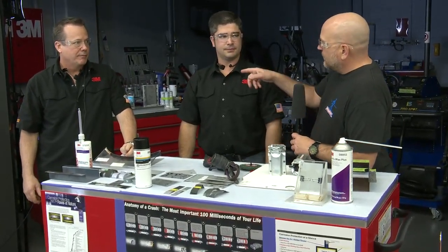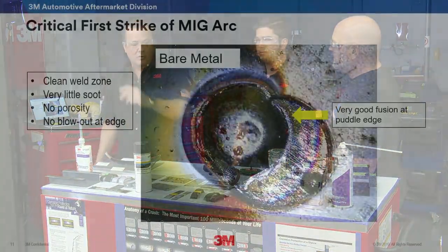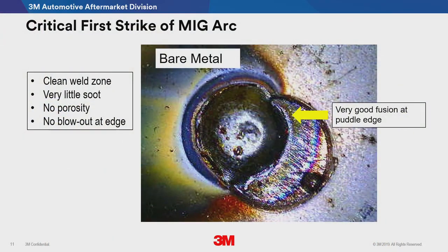All right, Sean, I want to go back to your weld. Sure. If you can bring up the photo on the screen. One of the really important things when we talk about weld through primer is cleaning it out of that weld zone. This isn't a picture of me being a bad welder and not being able to fill the whole circle in. What it is